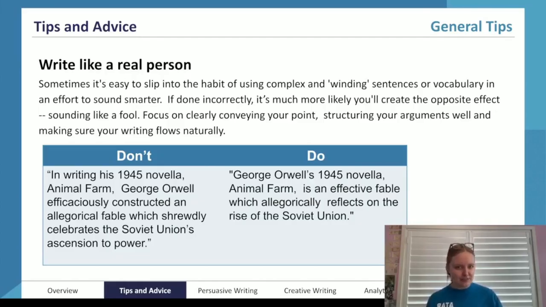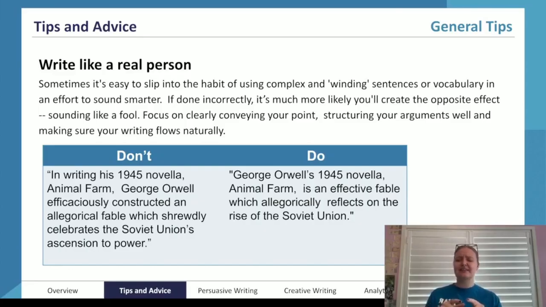But if whoever is marking your work can't actually figure out what your argument is or what sort of message you're trying to share in your story, then you're not going to get a good mark. And at the end of the day, you need to be clearing those arguments first. You need to be ensuring that they are the clearest part of your writing.